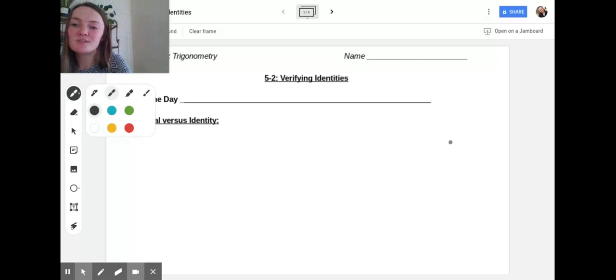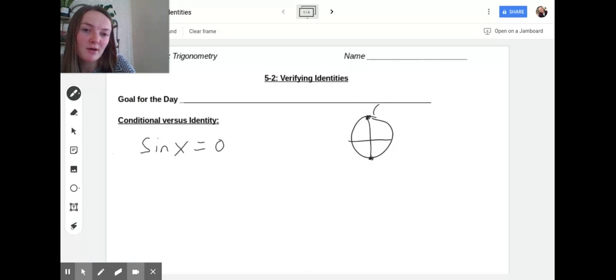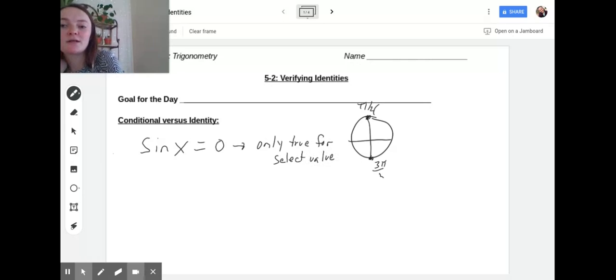So a conditional statement might be something like this. Sine of x is equal to 0. So if I think about my unit circle, sine of x is equal to 0 here, and it's equal to 0 here. It's equal to 0 at pi over 2, and it's equal to 0 at 3 pi over 2. So we can see that this is only true for select values. Now, that right there is what's called a conditional